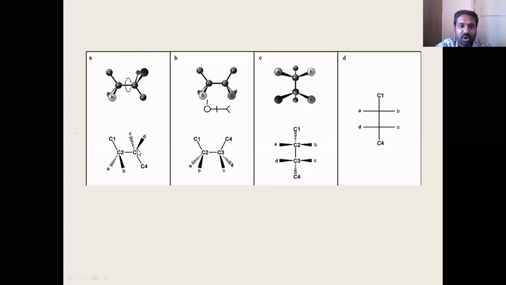If you write the carbon skeleton zigzag like this, then where are your substituents? Two substituents like this, two like this. They are anti-parallel in nature. This anti-parallel conformation is called the staggered conformation. We will take up Newman's projection and understand the staggered conformation later. For a staggered conformation, you cannot write a Fischer projection, so you have to rotate this